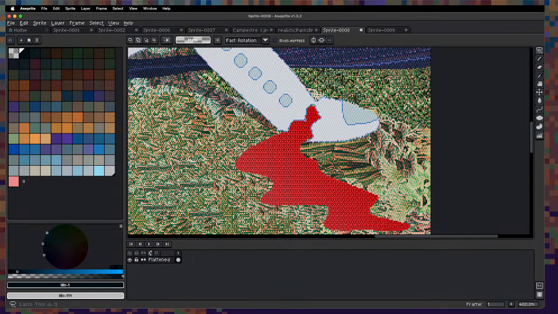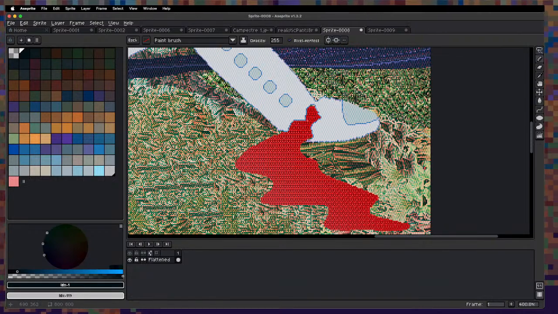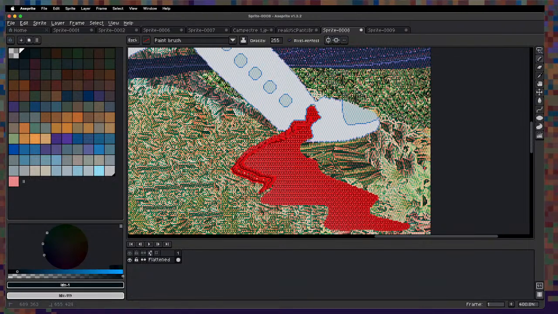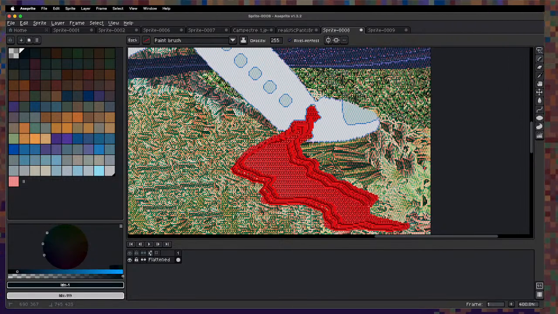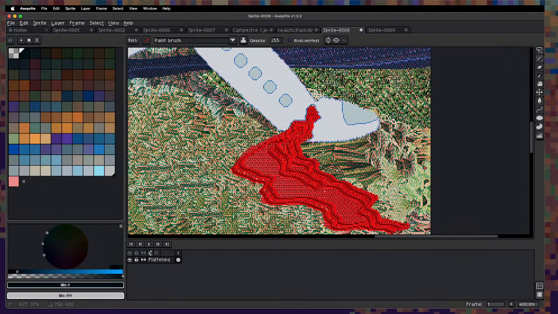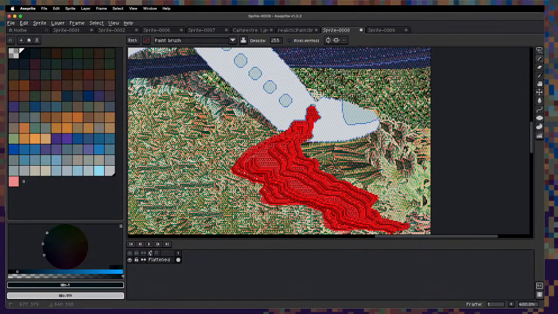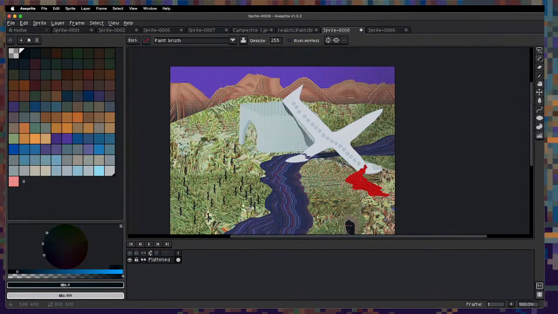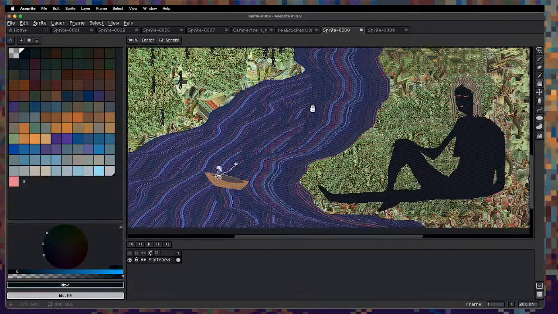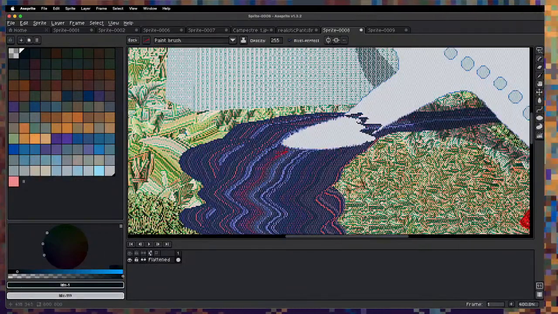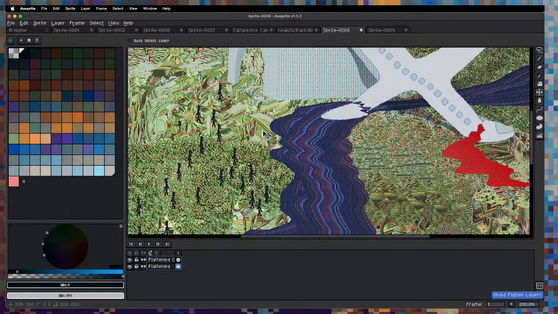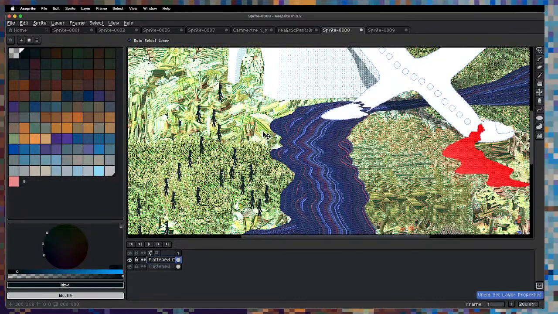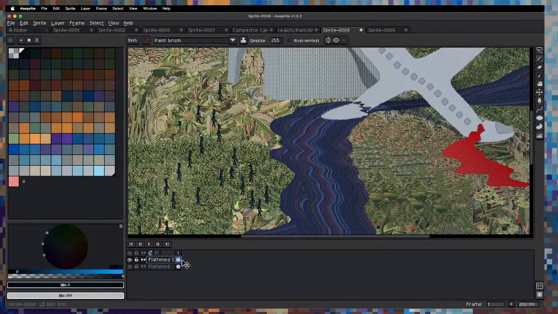Flatten it again. Now remove this texture from places we don't want them. Oh, it kind of looks good, you know. It's just too, no, sorry. I went too far with the